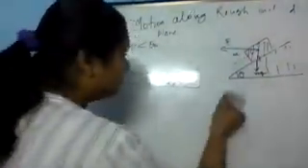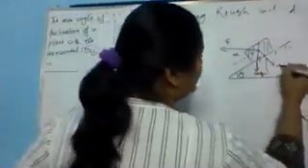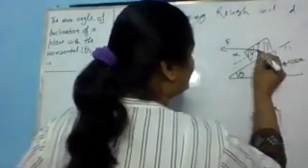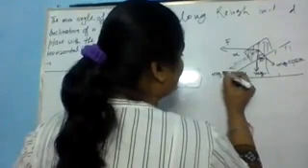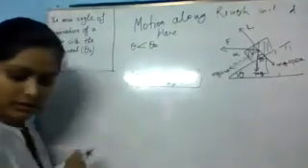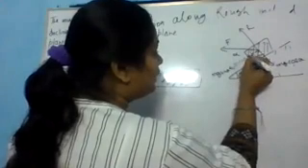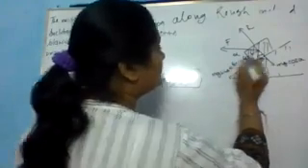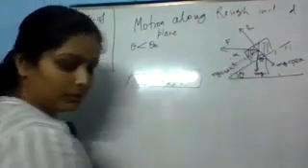So first of all, do this component like before. This is your mg cos theta, and this will be your mg sin theta. One reaction force always works like this. And now tell me, if this angle is alpha, then what is the value of this component? You have to do the component of F here. What is the value of this component?